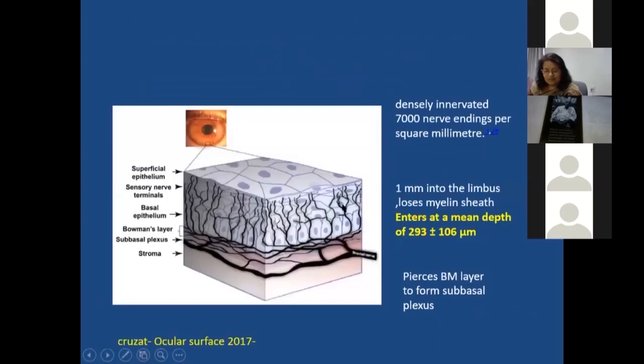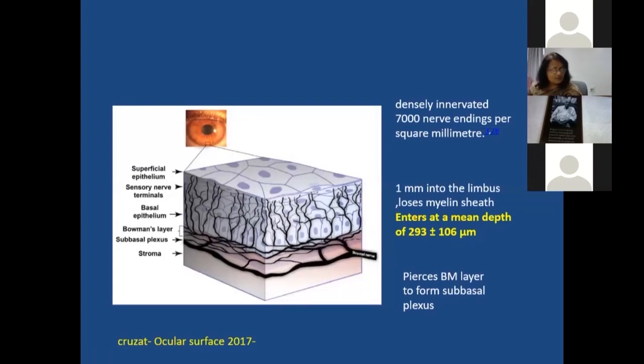One thing that can help you is to take a look at the basic pattern by which the corneal innervation occurs. The stromal trunk enters at a mean depth of around 300 to 100 microns. It comes and then it forms a subbasal plexus. Once it forms a subbasal plexus, all the fibers will be linear. So if you see linear fibers, you can presume that it could be the nerve. Two will be the orientation of the hyphae. The hyphae can come in from any direction and they will not be parallel.